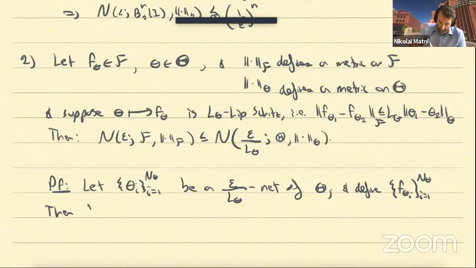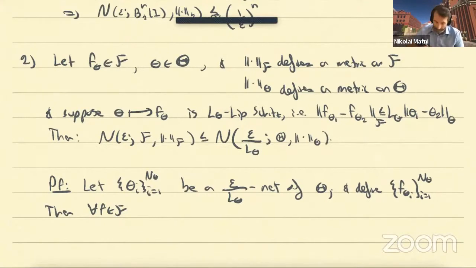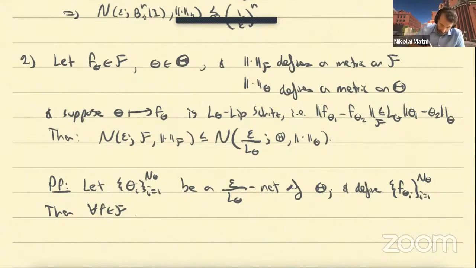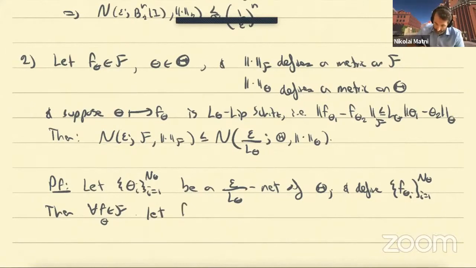So for any f sub theta in my function space, we'll let f of theta star, which is going to be in my epsilon net, be